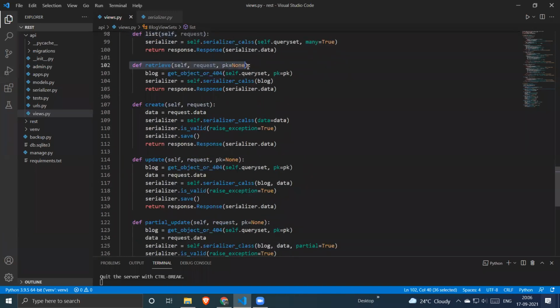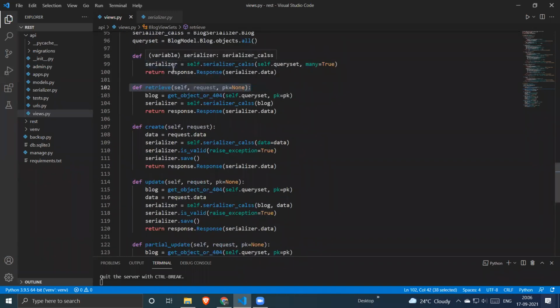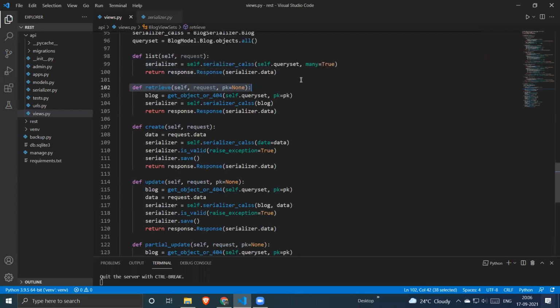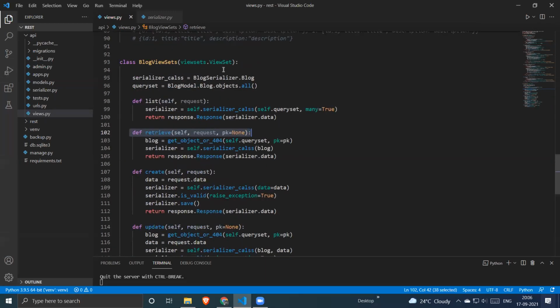If you define a retrieve, then you can provide two functions where you can get the full list of objects or individual objects. In that case, you are going to use the API view sets. But if you want to build a quick API which will have CRUD operations, then the model view sets are a great option. Okay.